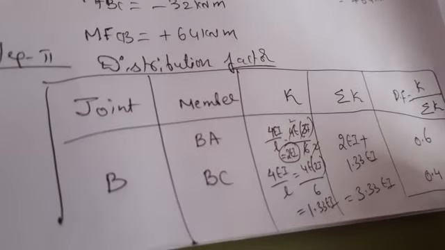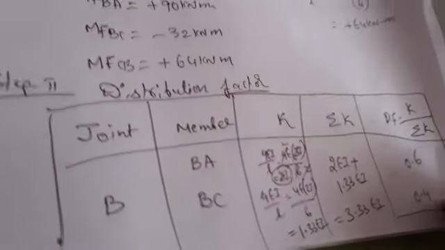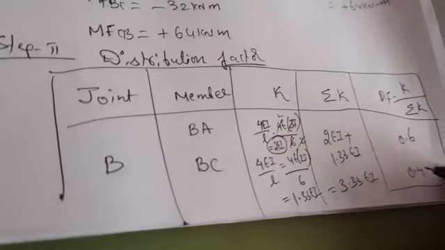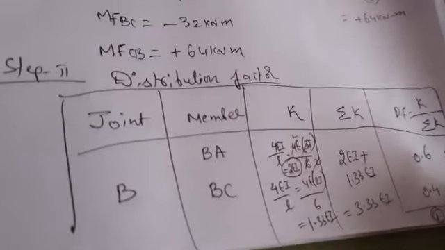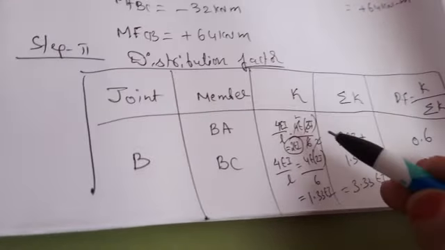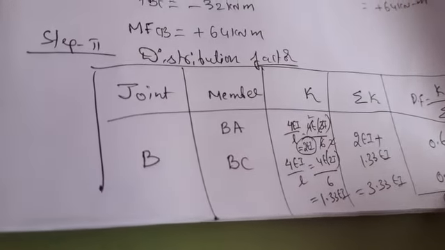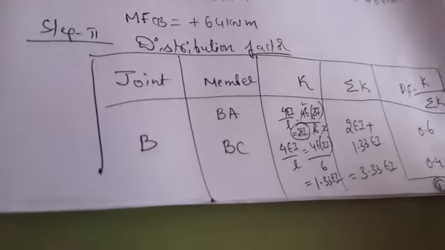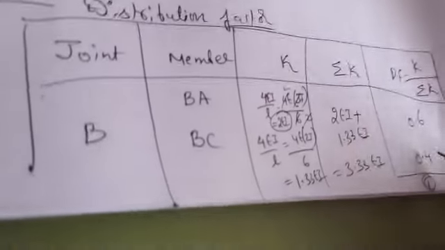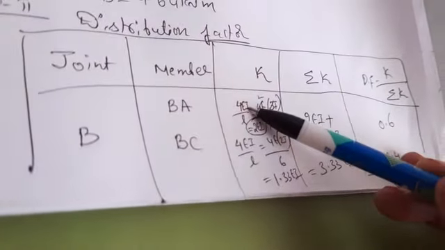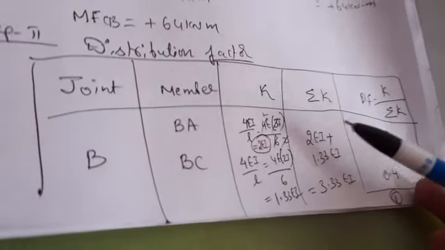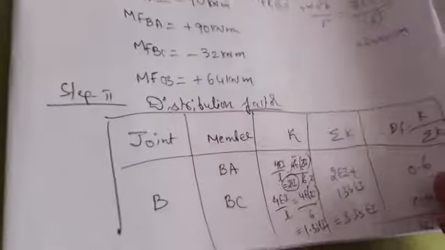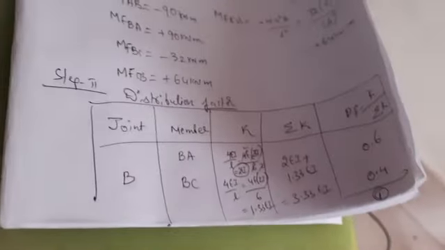One main check we have to remember is, when we calculate at this joint, the total will be 1. That is the main check for us. If we make any wrong calculations, the 1 will not come. Compulsorily we have to get the 1 here. That is the main check here. 4EI by L and another one is also 4EI by L. These slopes and rotations we already know from the start itself. This is the distribution factors.